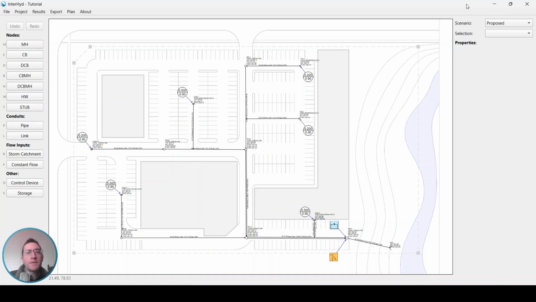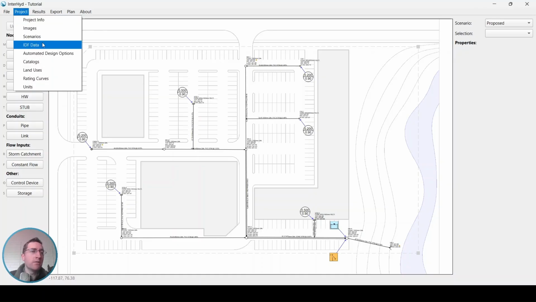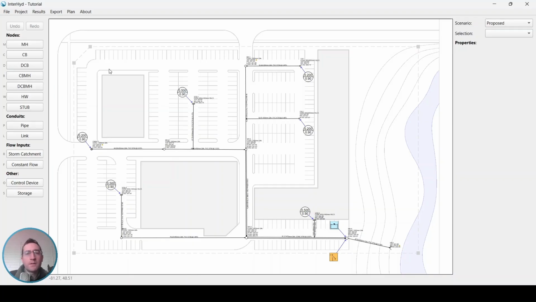So by this point, we've seen how we can create a new project and start adding in our design and actually modifying the criteria. So things like the IDF data, the land uses, the catalogs. What I'm going to show you now is how you can actually export that data so that you can reuse it on future projects. And even better than that, I'm going to show you how you can create project templates